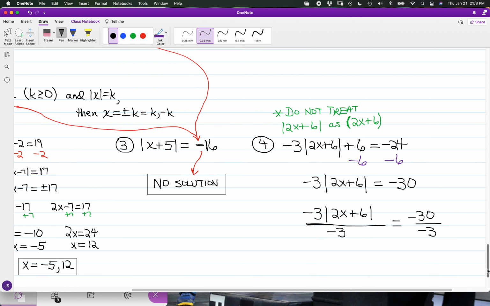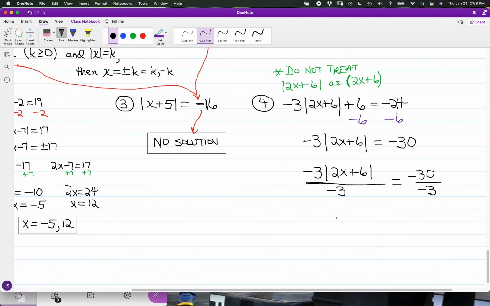Alright, so with division by negative 3, on the left-hand side we have the absolute value of 2x plus 6. And on the right, we have negative 30 over negative 3, so this will be a positive 10. Finally, it took quite a few operations to get it to the format of the absolute value of x is equal to k. Now the k value is 10, and as I remove the absolute value bars, we have 2x plus 6